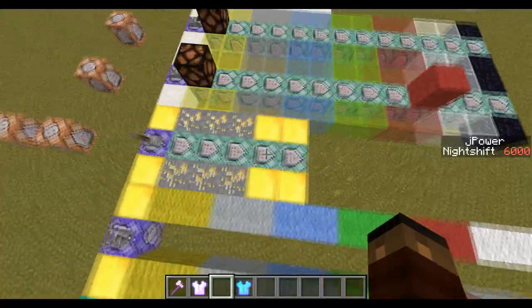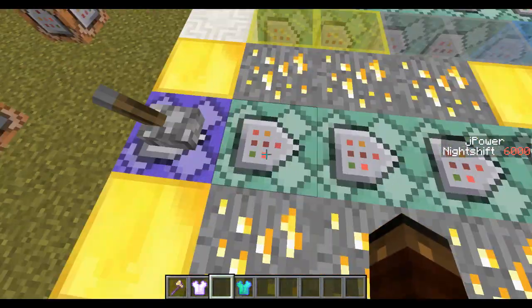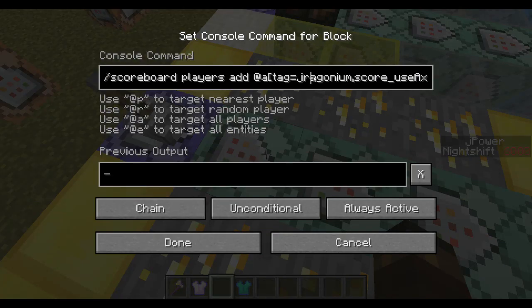So let's check out what's going on. As you know, it detects if you're holding the axe or not. And then the use stat item is automatically tracked. So if you have a tag of Dragonium, which means there's Dragonium in your inventory, which is on by default for the moment, and your use axe score is at least 1, then it's going to add 1000 to your J power